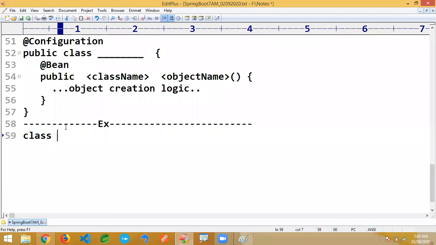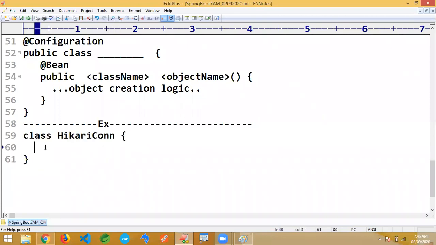I have a class, Hikari connection. Just assume it's a predefined class. I can't open .class files as of now, later I'll show here. Assume it's a Hikari connection class, or HikariCon, short name. Some class name, you don't mind whatever the class name is.